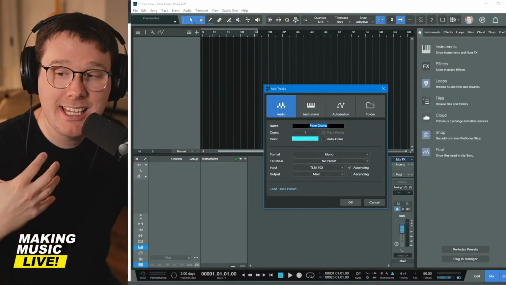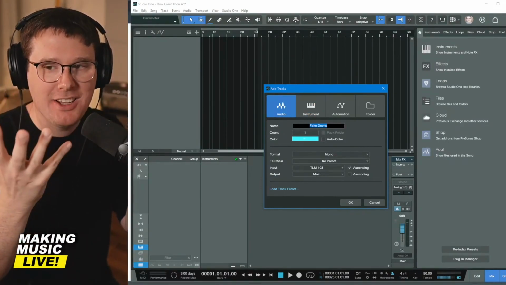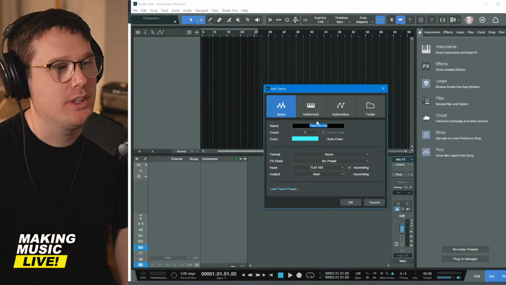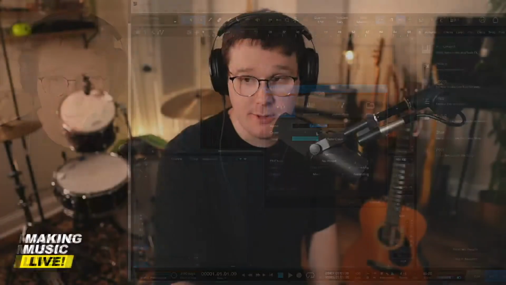But if you're recording anything in the room, if you're producing a sound, like my voice is an audio analog sound, I'm going to go with audio and I'm going to add the stuff in that way. Okay. Very important to know the differences. I know it may seem kind of redundant, but many a time I had a MIDI keyboard here in the room and I plugged it in and I created a new track and I went to, oh, I want to add a MIDI track. But then I had it plugged in via the